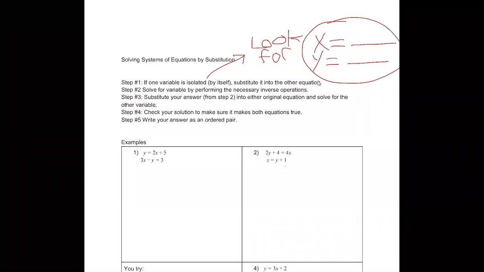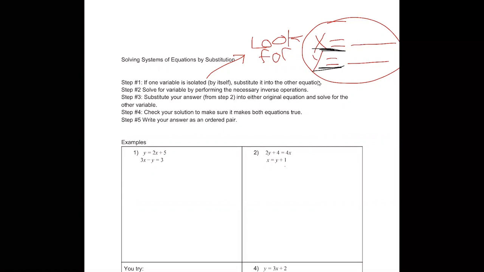Today we're going to be looking at solving systems of equations using substitution. So the first thing you're going to be on the lookout for, in all the problems we're doing this week, is to see if you have an equation where one of your variables is isolated. So what you're going to be looking for is if one of your equations is x equals or y equals a bunch of stuff. If one of the variables, like the x or the y, is by itself to start with,